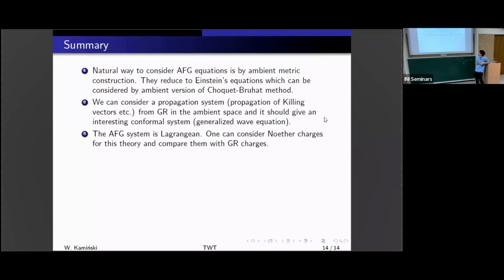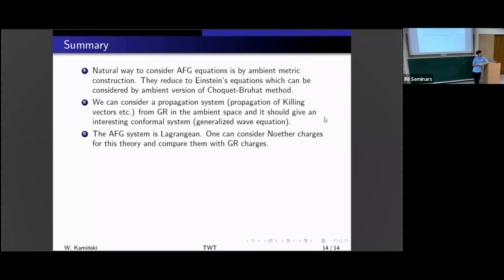Okay, so this was supposed to be a teaser for Jurek's lecture, but unfortunately I will only tell that one can play this game a bit further. So now we have two field theories that are somehow related. We have a field theory for the Fefferman-Graham tensor, and a field theory for the Einstein equation. So what is the relation between them? It turned out that there is a relation.